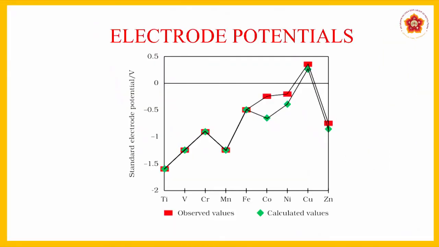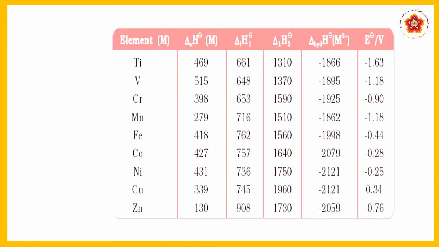So, let us see some properties of this. We will see the tabular formations of these, where in this tabular form, the second column is the enthalpy of atomization. Next, the next two columns are the ionization enthalpies, and then we have the hydration enthalpy. The more the ionization enthalpy, the more difficult it is, and that affects the electrode potential seen in these compounds. For copper, it is a positive value that has come across.